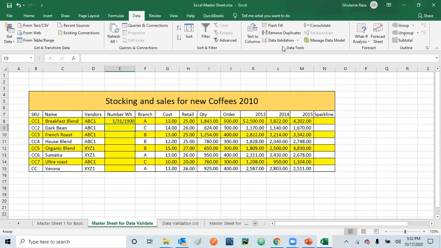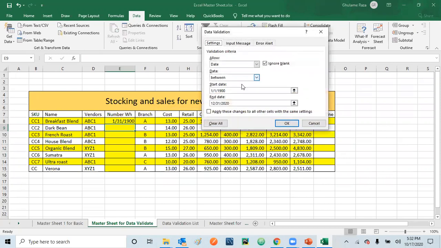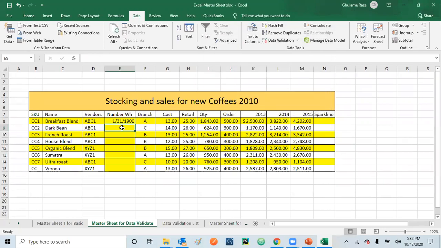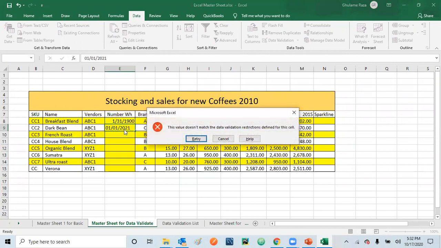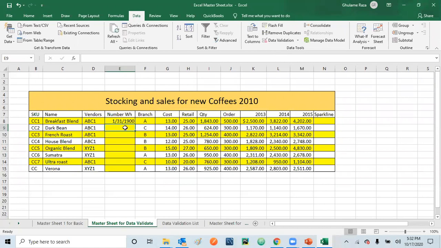And let's say if we give any date which is beyond the range, let me see if the formula is applied on this cell already or not. So it's applied. Let's see if the date is working for the future, like 2021. Let me put the date like this and click it. Again, because it is breaching the maximum date of 31st of December 2020, it has given us an error. So that's how you can restrict yourself for the date. Let's give the date of 31st of December 2020, which was the last date acceptable for the system, and the system has accepted it. So that's how you can use the data validation.